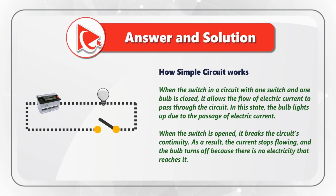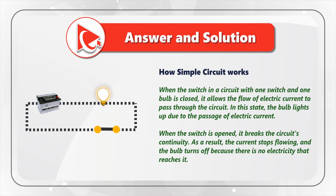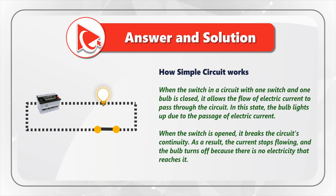Simple circuit contains only 1 light bulb, 1 switch, 1 battery, and conductors connecting these devices. When the switch in a circuit with 1 switch and 1 bulb is closed, it allows the flow of electric current to pass through the circuit. In this state, the bulb lights up due to the passage of electrical current. When we open the switch,